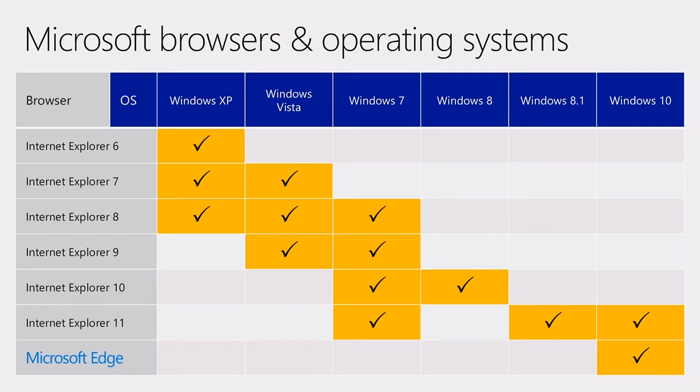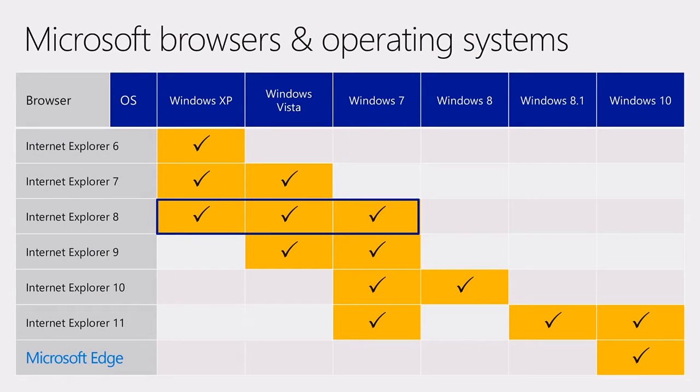On Windows 10, we have 2 browsers, and I should explain. Internet Explorer 11 is supported primarily for backward compatibility, and we'll go into this in a lot more detail as we go forward. Internet Explorer 11 is the last major version of Internet Explorer, and it will continue to get security updates and technical support for the life of the operating system on which it's installed. So Internet Explorer 11 isn't going away anytime soon, but all of our new development work and all of our new standards work is going into Microsoft Edge, which is a faster, safer browser designed for Windows 10.